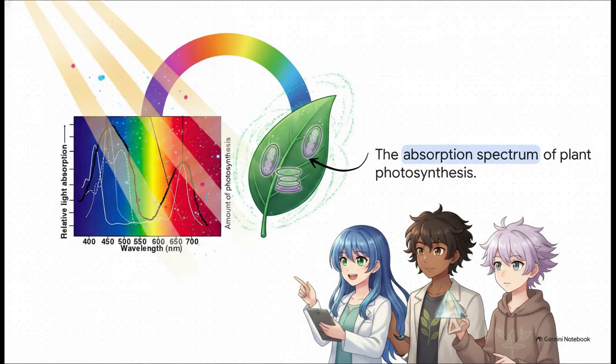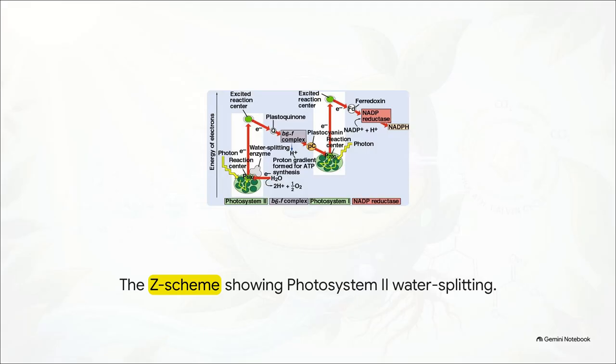But they don't just absorb all light equally. They mostly soak up the blue and red wavelengths while bouncing the green ones right back out. And that right there is exactly why healthy plants appear green to our eyes. Now, what's really interesting about this next part is how that absorbed light gets utilized in what's known as the